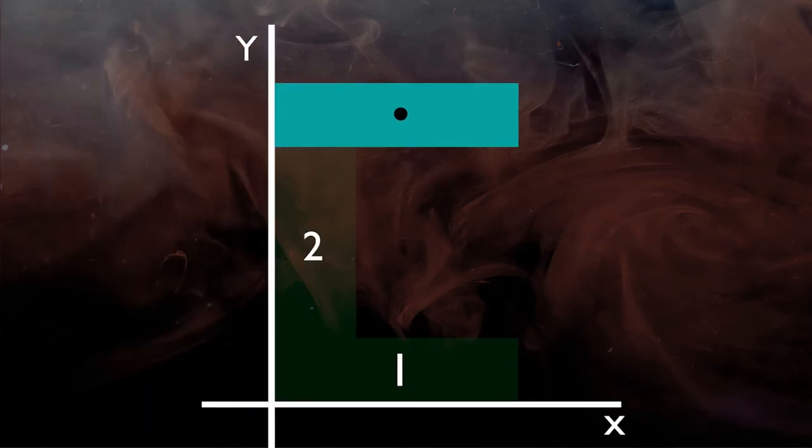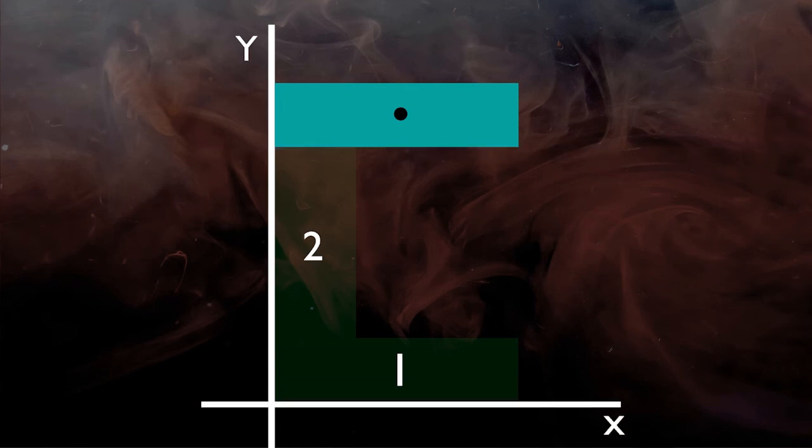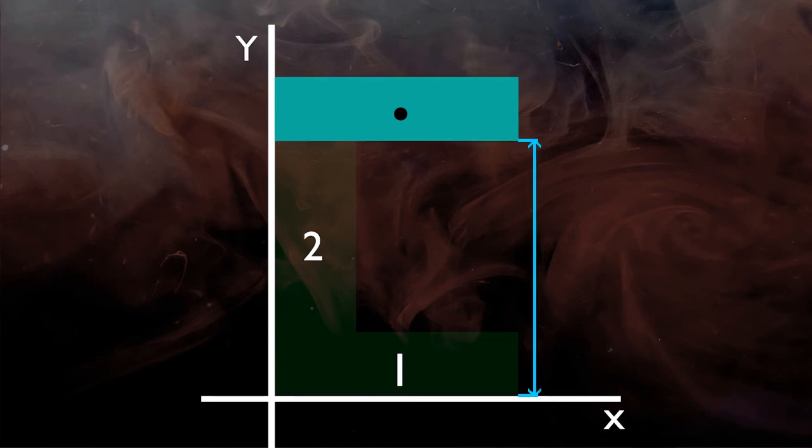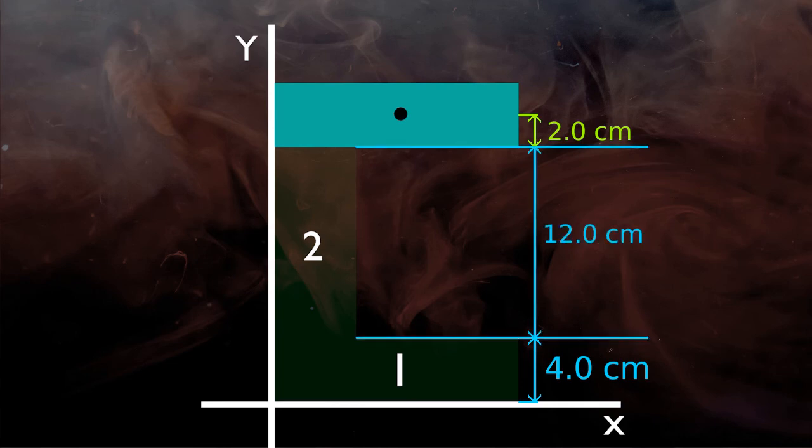Again, these individual coordinates of the rectangle are for this location of x and y axis. Here also the y axis is touching the plane of the rectangle, but the x axis is some distance away. So we have to add this extra distance to the previously found y coordinate of the shape. This distance from the x-axis we can find by adding the heights of rectangle 1 and rectangle 2, which is 4 cm plus 12 cm equals 16 cm.